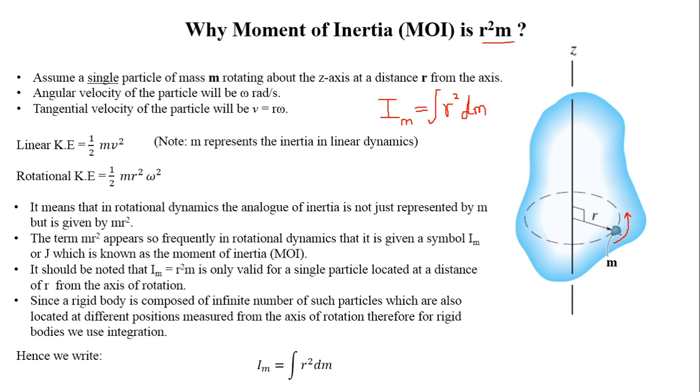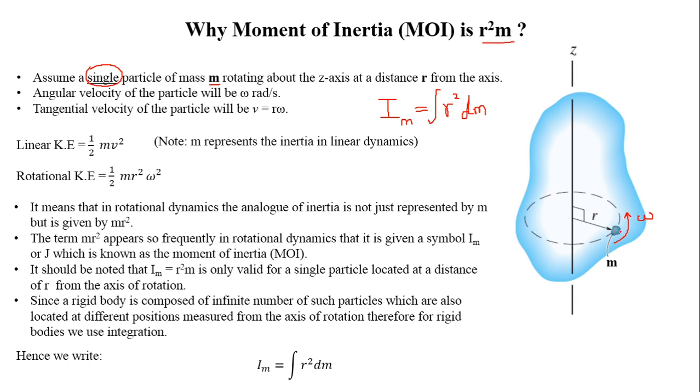So all the mass of this particle is located at a fixed distance r from this axis, and it has some angular velocity. We assume a single particle only, which has a mass m, rotating about the z axis at a fixed distance r with an angular velocity omega radian per